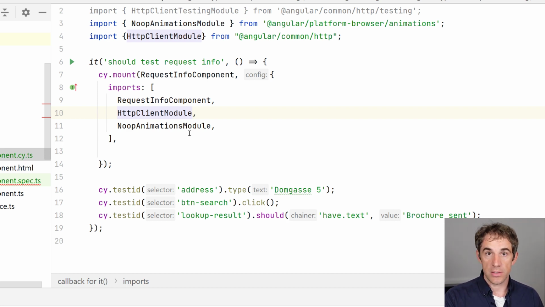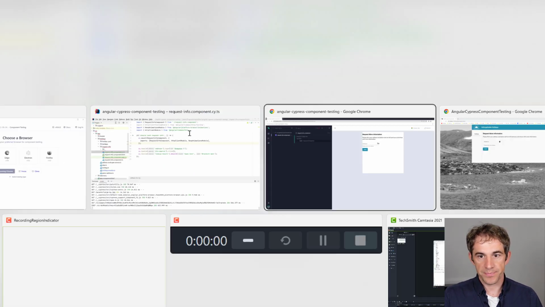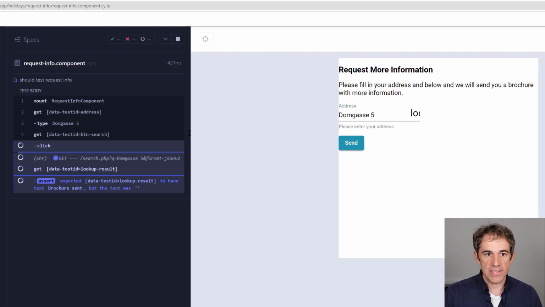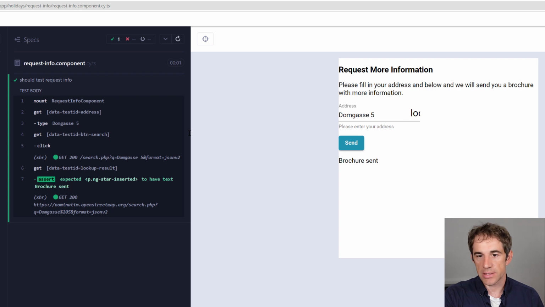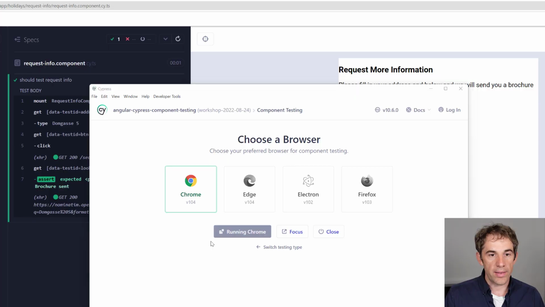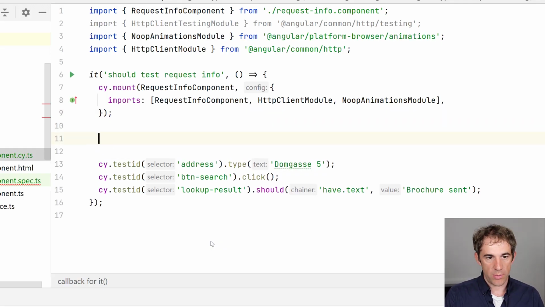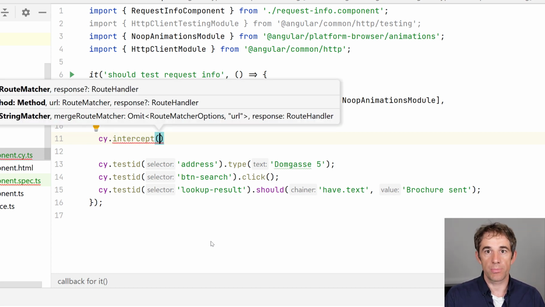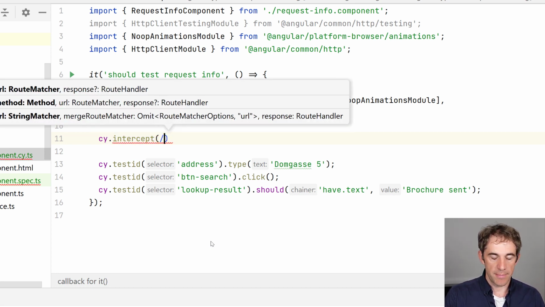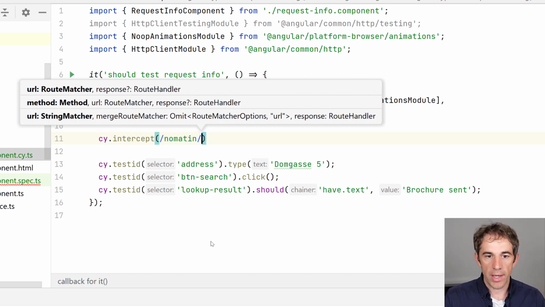If I let this test run, we will see this. Of course, it takes a while, but the real request happens. So it says here process send. And I can, of course, now change that. I can now intercept my network by using Cypress functionalities. So the way how this works is that we say, well, intercept. I say in the same style as I did in my component test, there should be a URL where